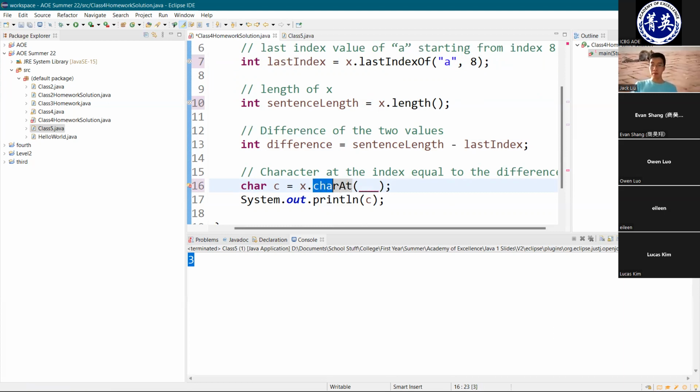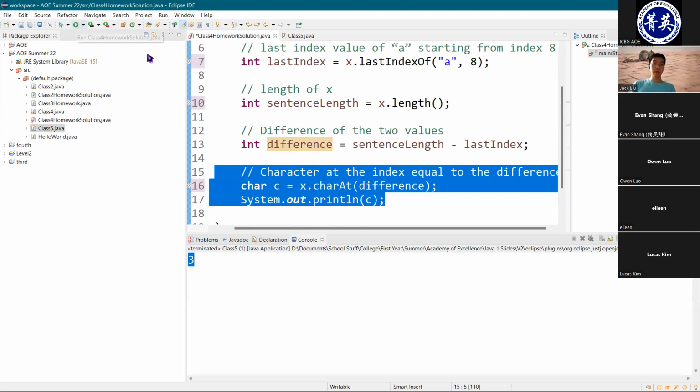And again, just point out that this is like character at, so it's 2 words, and notice char starts with a lowercase c, at starts with a capital A. That's the camel case. But then what we give this method is the index that we're interested in. And so that's our difference. And then we print it out. And so if we run this code,